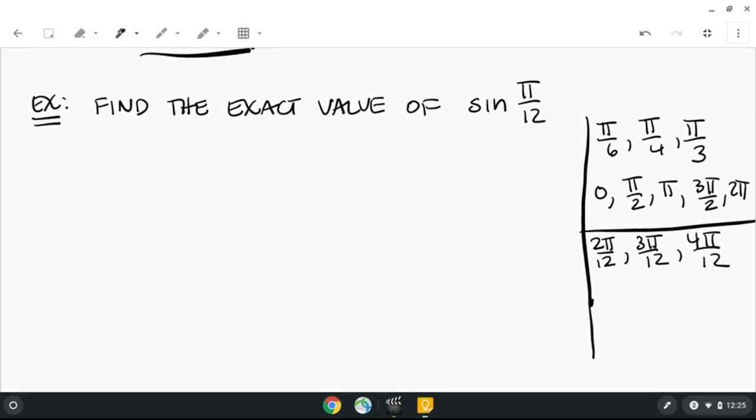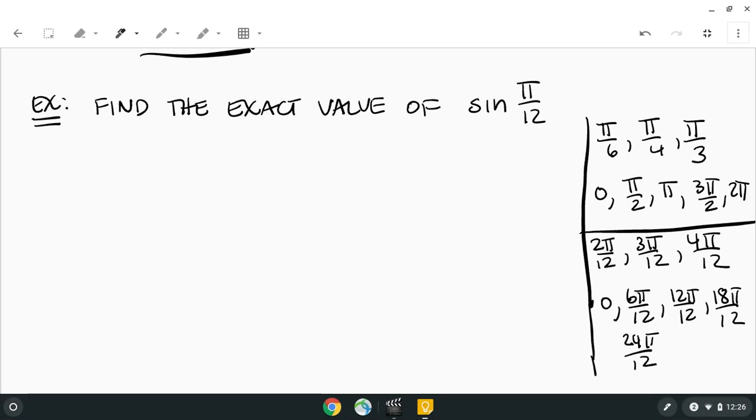Okay, and then the other ones down below, that's still going to be 0, 6 pi over 12, and 12 pi over 12, and 18 pi over 12 and 24 pi over 12. Okay. All right. So those are the same angles as the ones above that line, except now